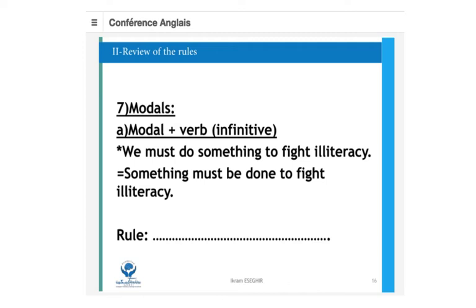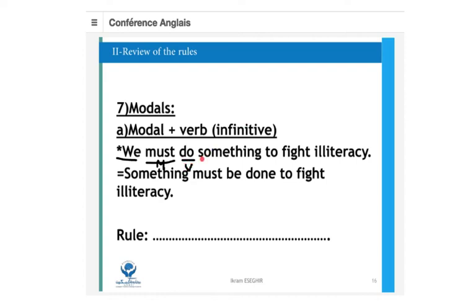The modals now. We have two possibilities. Sometimes you find a modal followed by a verb infinitive directly. Like what? Like this sentence, you have what? You have we, which is the subject of the sentence. We have must, which is the modal. This is the modal. And after the modal, we have a verb infinitive, which is the verb to